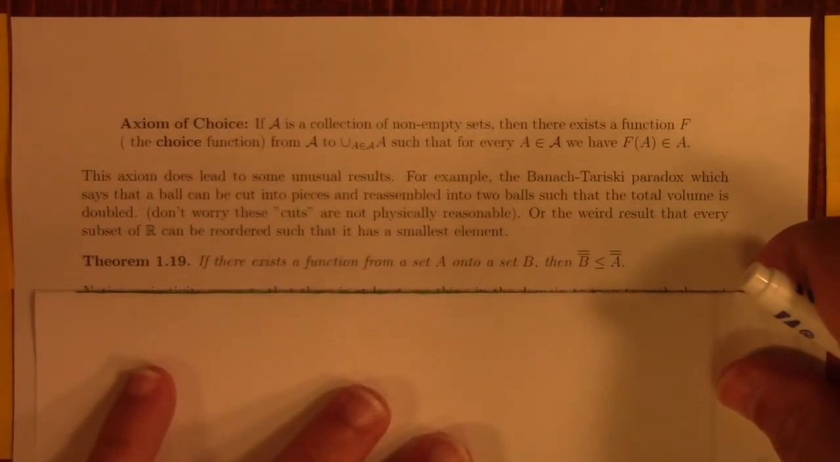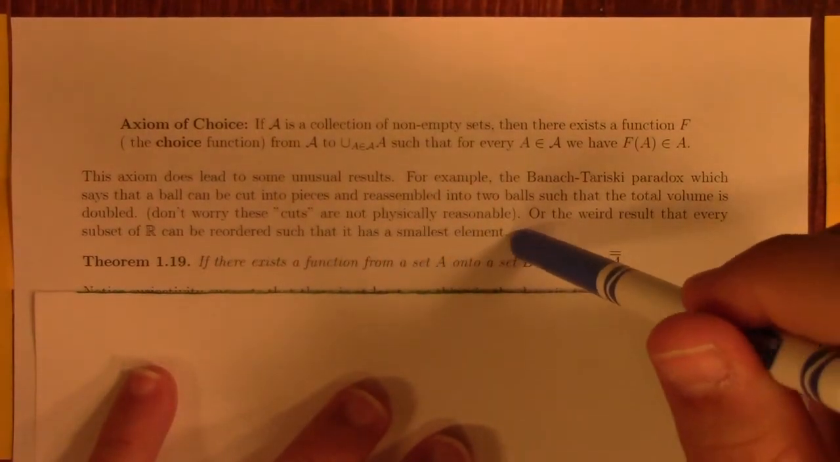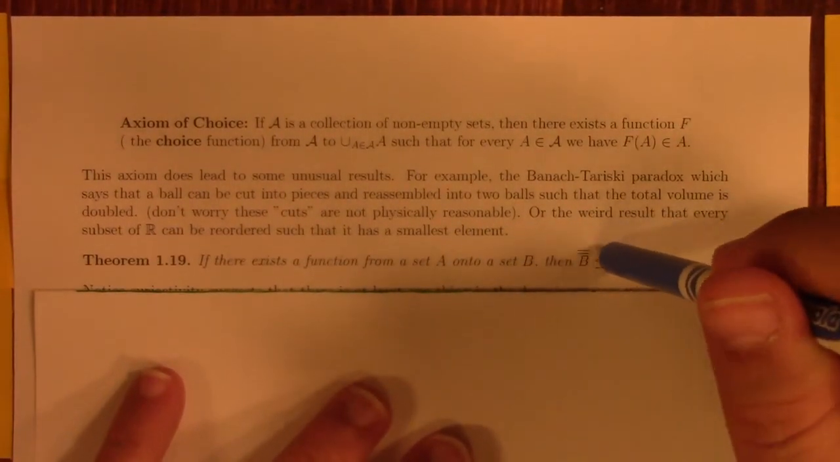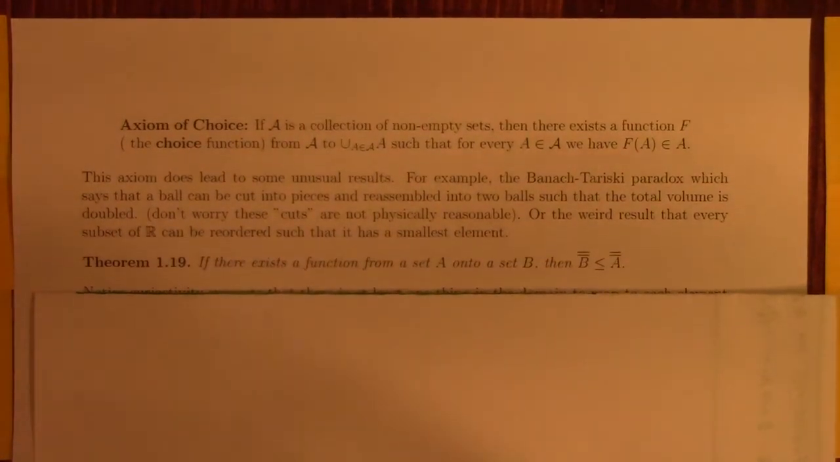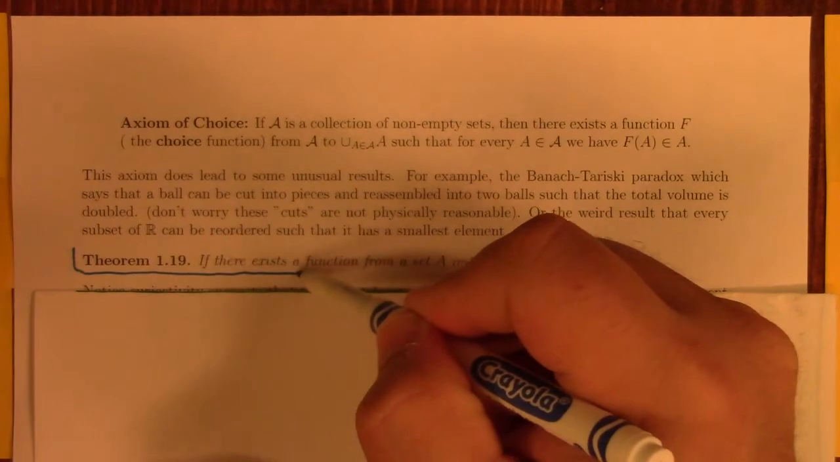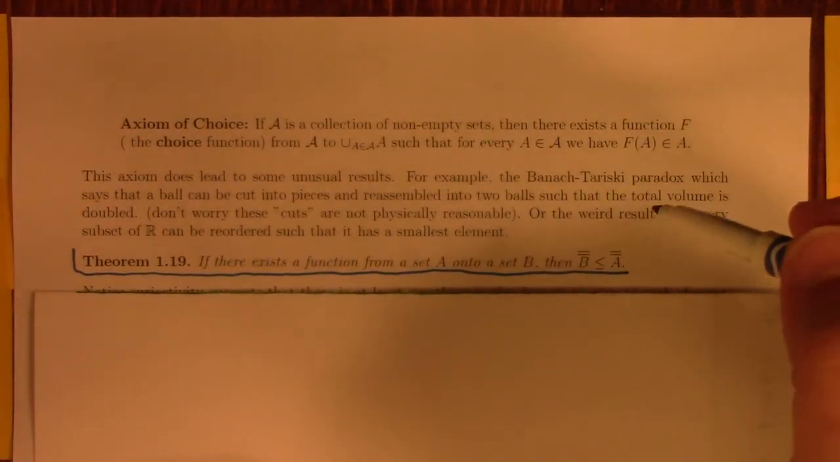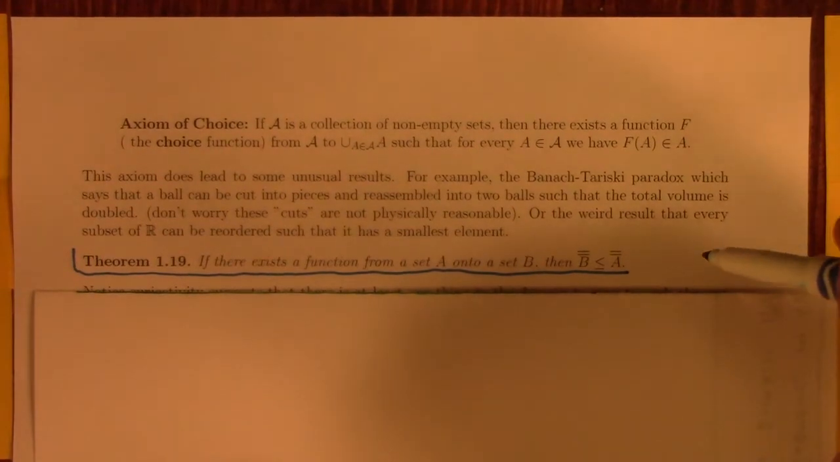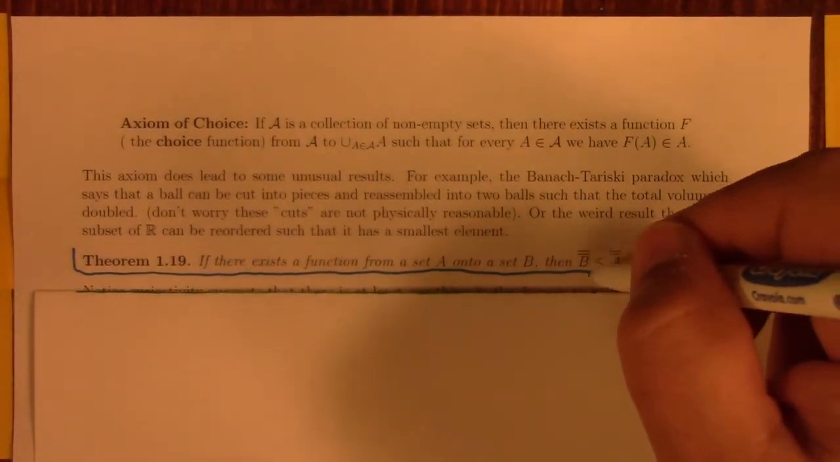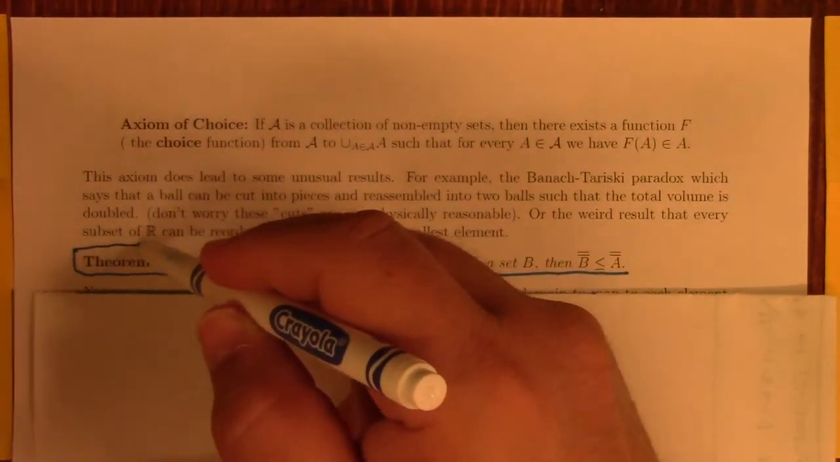Theorem. If there exists a function from a set A onto a set B, then the cardinality of B is less than or equal to the cardinality of A. So if there exists a surjection from one set to another, it means that the codomain cannot be larger in terms of cardinality than